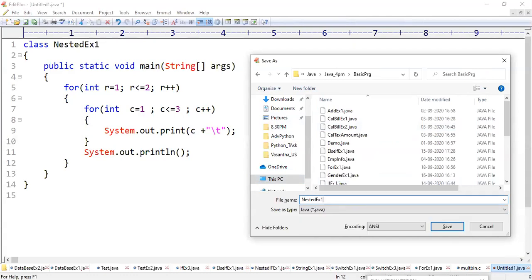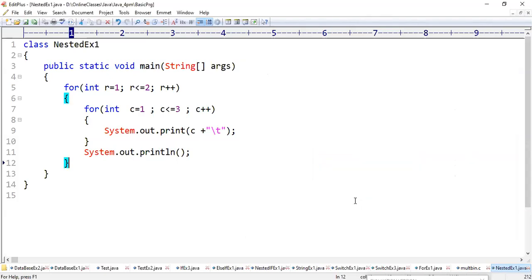Nested example 1. Enter. And compile your program, guys. Let's open your location.